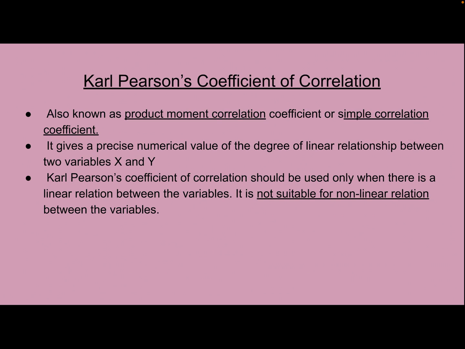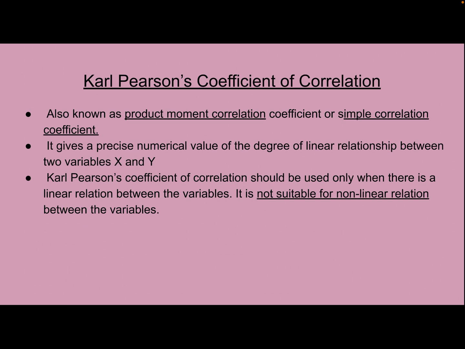Let's move on to the second technique of calculation of correlation, which is Karl Pearson's coefficient of correlation. Remember, students, you do not call it correlation individually, you call it coefficient of correlation. And this technique is given by Karl Pearson. He was a Britisher. So you call it Karl Pearson's coefficient of correlation. You also call it by 2 different names.